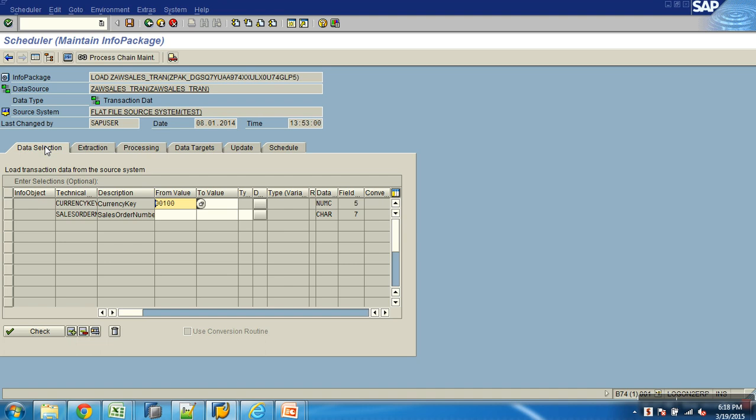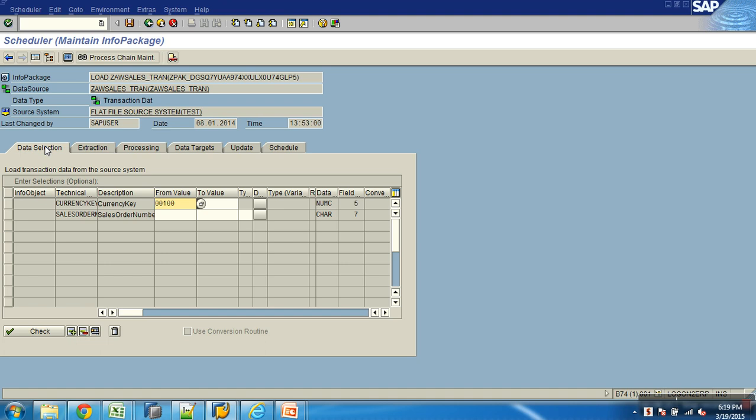Okay. Then you'll have option called init. You don't see it now, but I'll tell you why. And then you'll have other options like init. Initialization delta. They call it as initialize delta. Okay. How full and init work, both will be the same. In whatever mechanism your full update works, your initialized delta also works in the same mechanism only. But once your init is successful, once your initialization delta is successful, you will have the option of running delta.